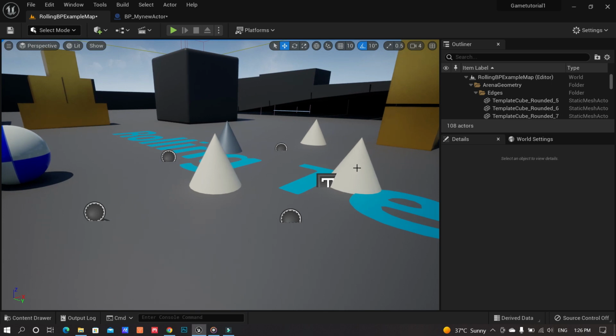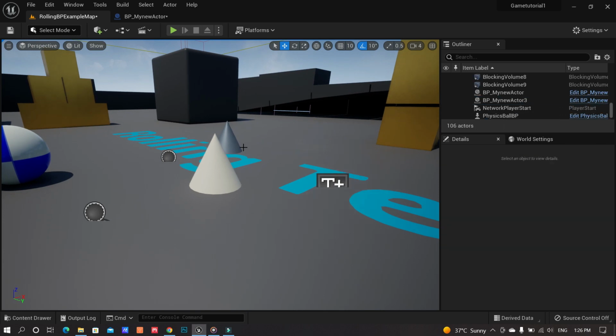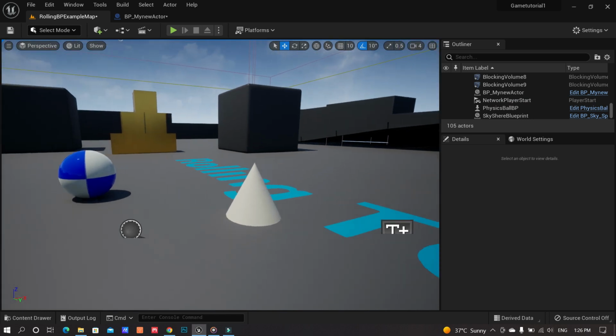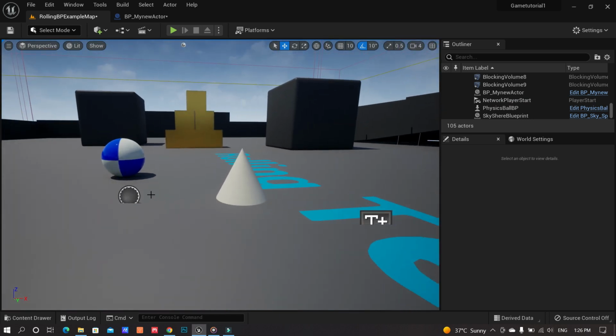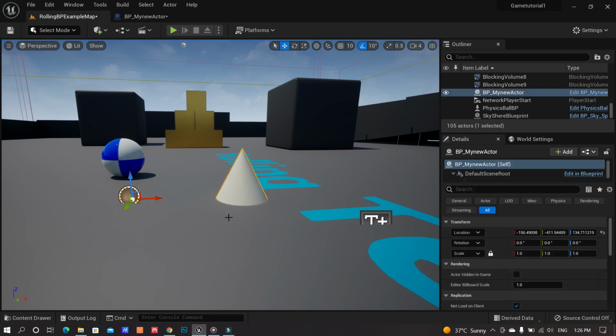And if you compile and look into your viewport, I think this is gonna confuse you. Let me just delete a few of them. Okay, so you can see now that your static mesh, which is a part of the blueprint actor, is away from its root component, which is the scene root component. This is exactly where it's showing. So now if you click on the blueprint and move the blueprint actor around, you are actually moving the root component and not the static mesh. The static mesh goes along with it.